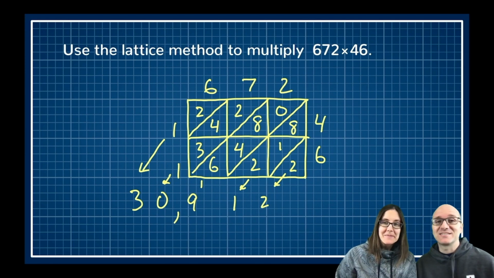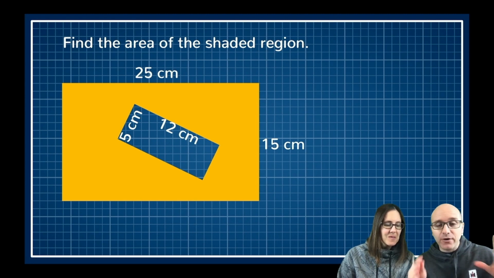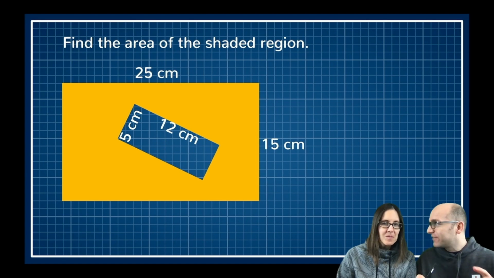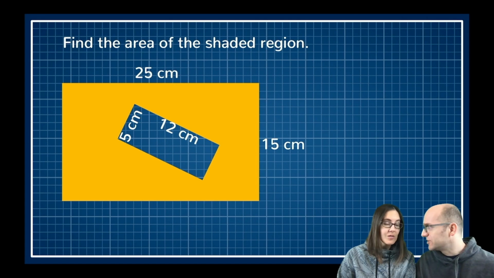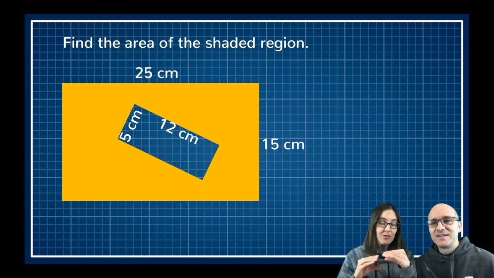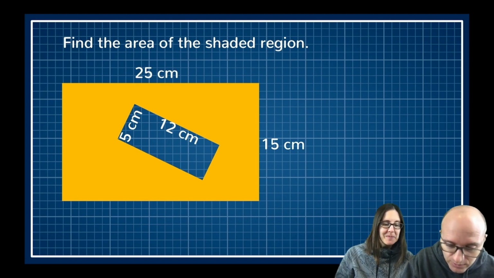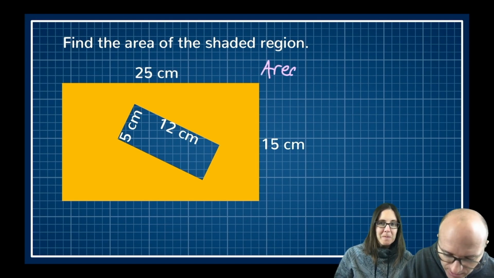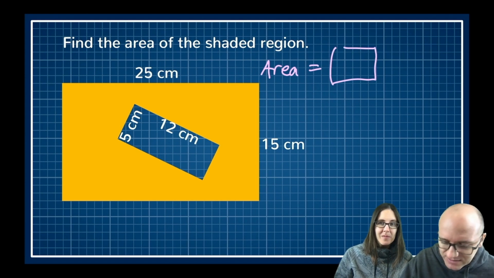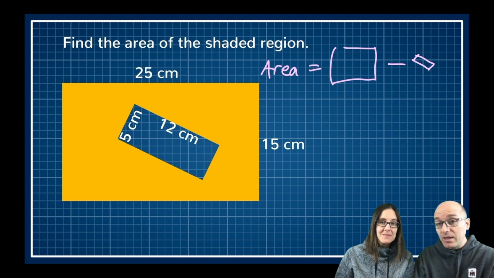Okay, Science Mom, I have this weirdly shaped region where I've got a rectangle, when it looks like maybe a rectangle cut out of it. We want to find the area of that shaded region. Oh, I know. We just need to find the area of the big box and then subtract the area of the smaller Skewampus box. Aha. Very nice. That's exactly right. So we want the area to be the big box's area minus the small box's area. Yep. And if we can just figure out both of those separately, we can plug them in and get this.